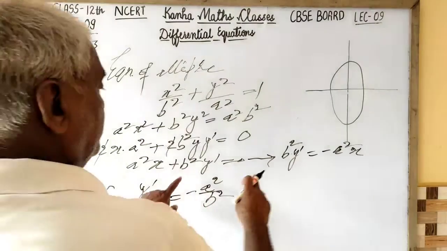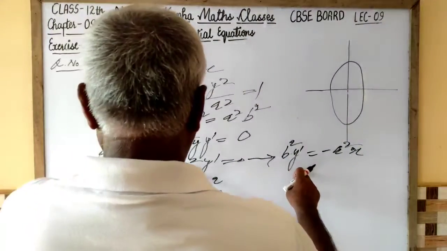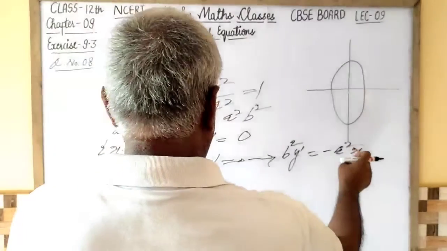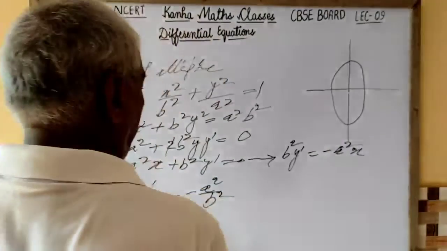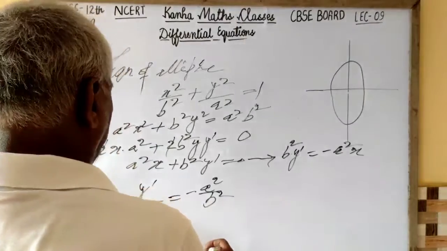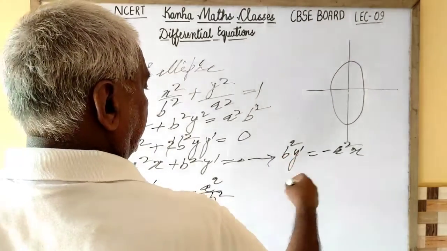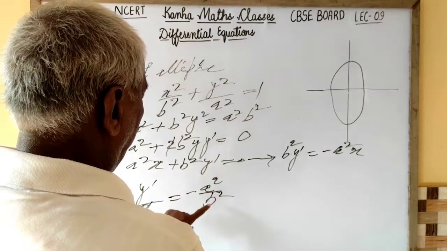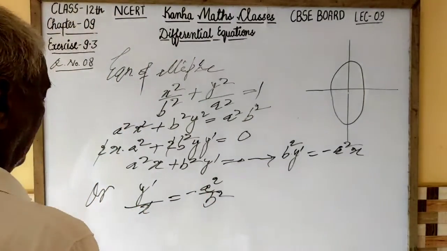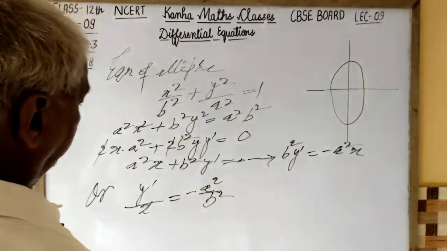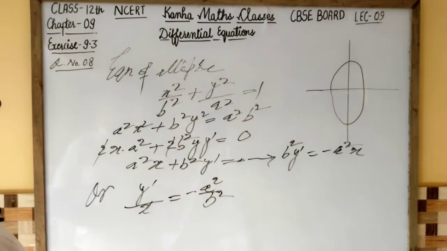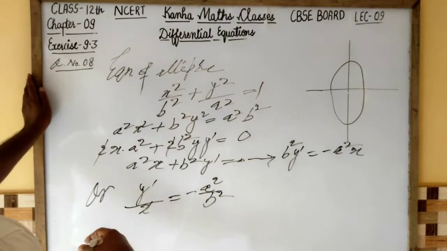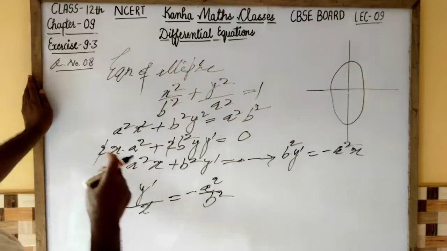Here b square y dash is equal to minus a square x, and this will be represented like this: y dash upon x is equal to minus a square upon b square. Now if we take the second derivative,